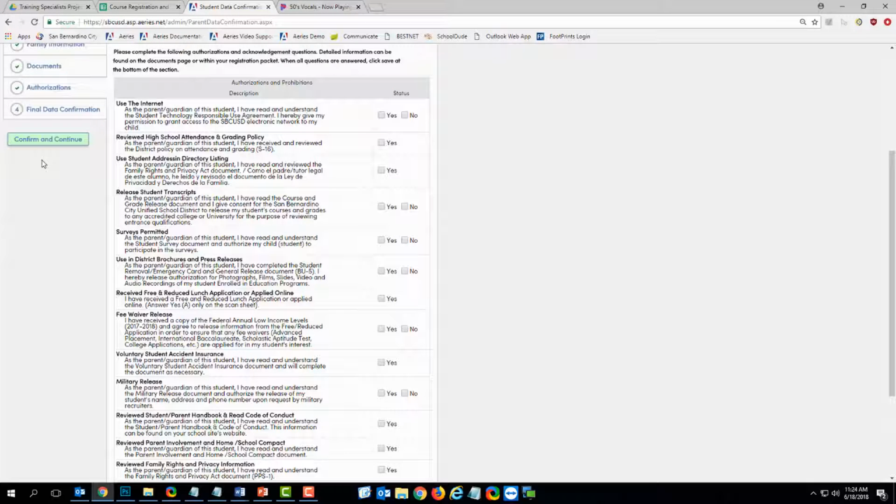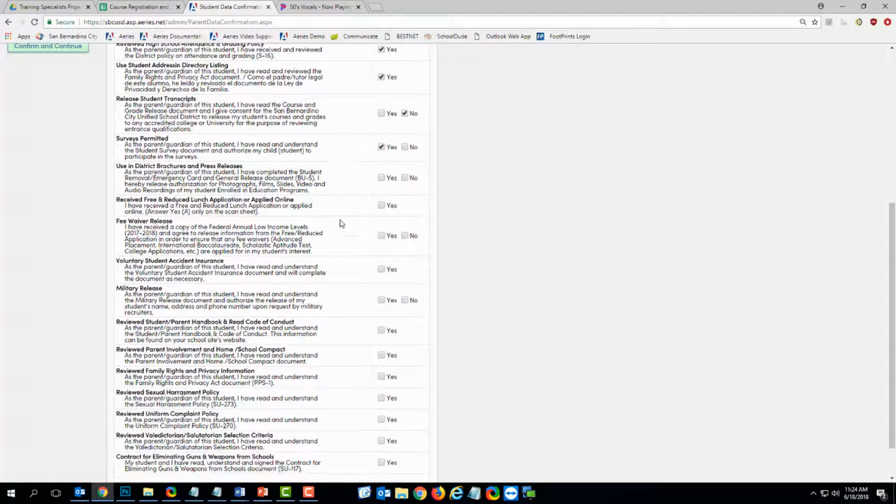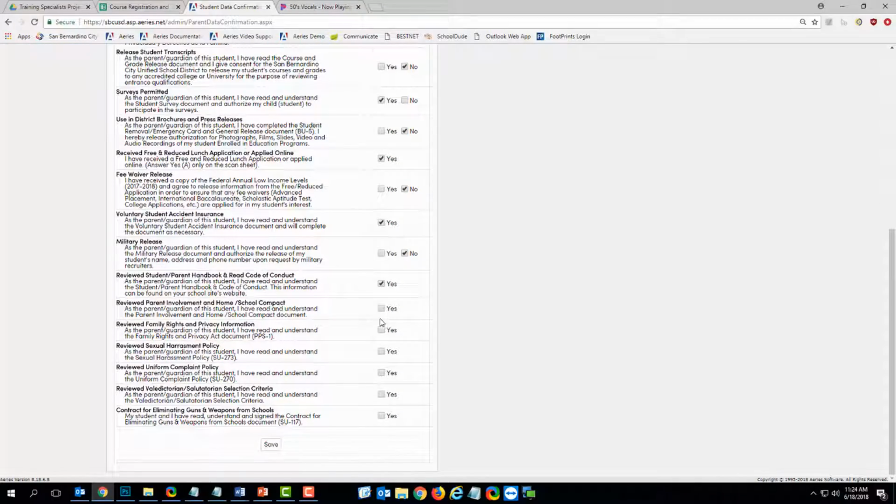The next tab is called Authorizations, and it maintains a number of authorizations that the parent will want to carefully read through and select the appropriate answer that they feel about that particular authorization. So there are a number of them here, and they will simply read down the page answering yes or no